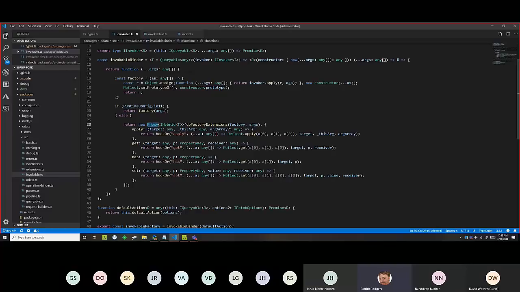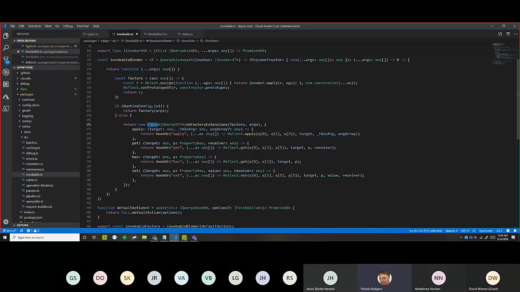So if you're not familiar with this, this is a capability that allows you in JavaScript to intercept any call into an object. And so this is how we're able, and I'm not going to go down this rabbit hole on this call because this is about writing tests and getting through our checklist, but I want you all to have an idea of what's going on because I hope as you get into writing this, you'll be interested in looking into the code and maybe learn something, or have questions, or have ideas on making stuff better. But this proxy is how we're able to do extension methods, how we're able to extend the different classes,